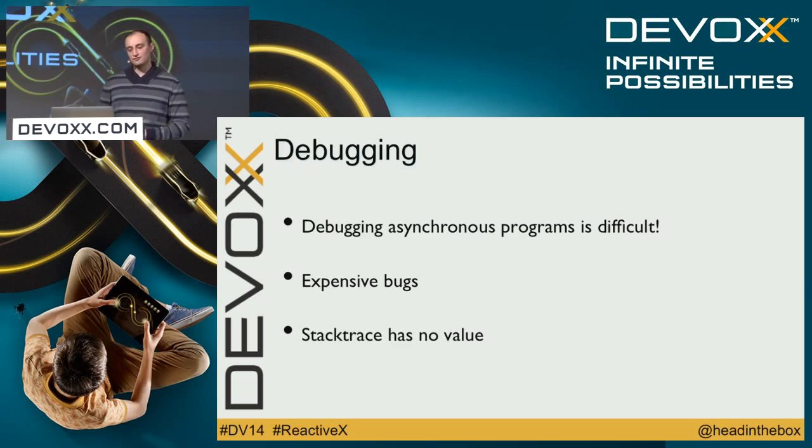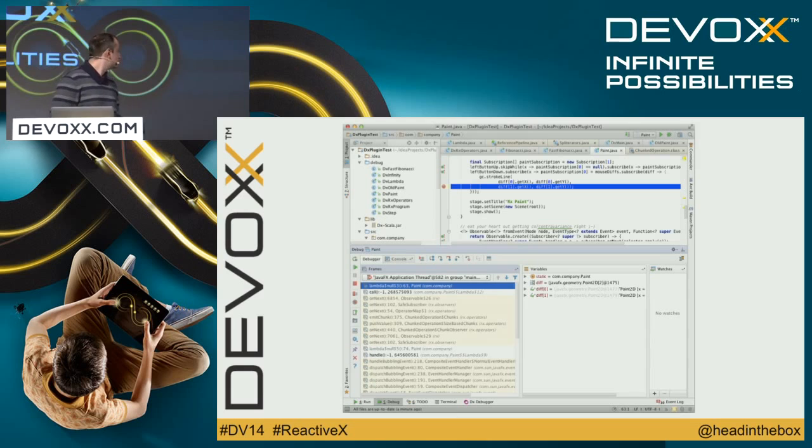Those bugs are really hard to trace and tend to become quite expensive, and the reason is that our current tools for debugging asynchronous programs are not designed for asynchronous control flow. The call stack doesn't give us any value